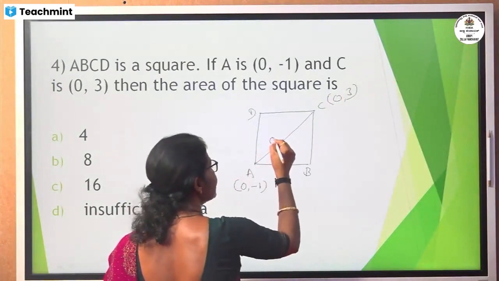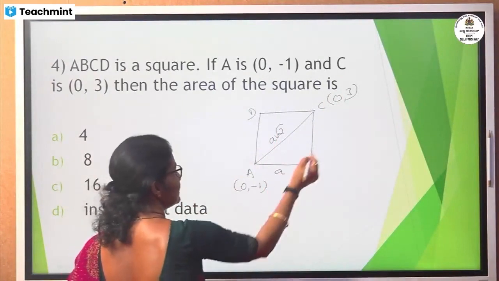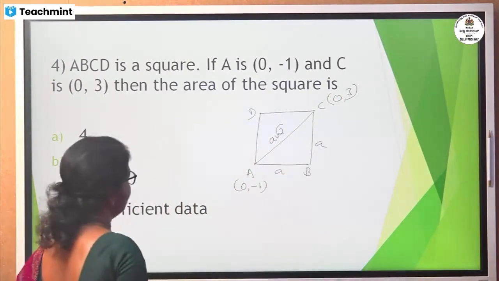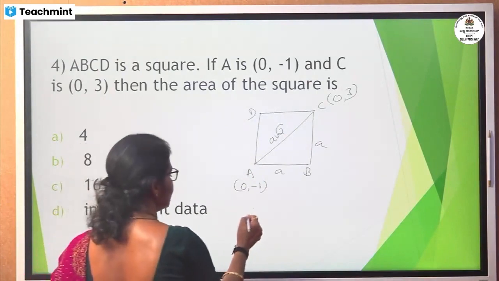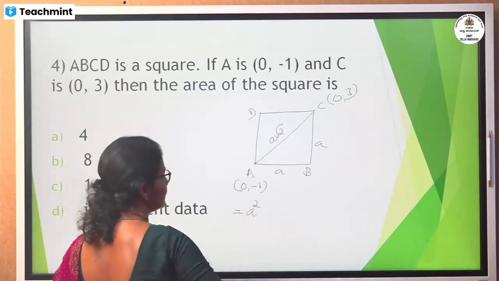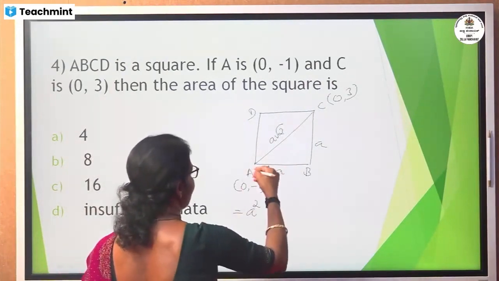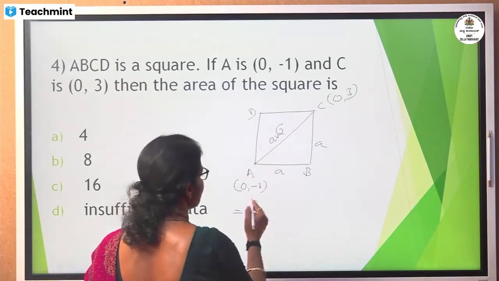The length of the diagonal, we know the formula, is a root 2, so each side will be a. The question is the area of the square, so we need to know the value of a, and it should be squared. This should be the answer. So we have to calculate the a value. Use the distance formula: a root 2 is equal to